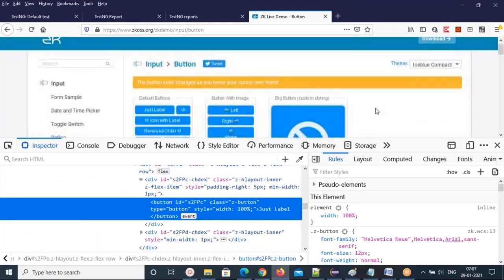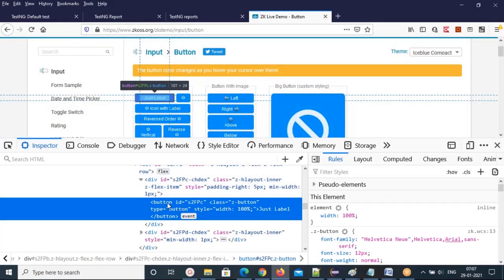Now this is a button tag, that means it's a button. ID, I told you in this website, ID and name you should not use because those dynamically change. So we need to look for something other than ID and name. What is there? Class is there. Class and type button also there. So these two might help us.